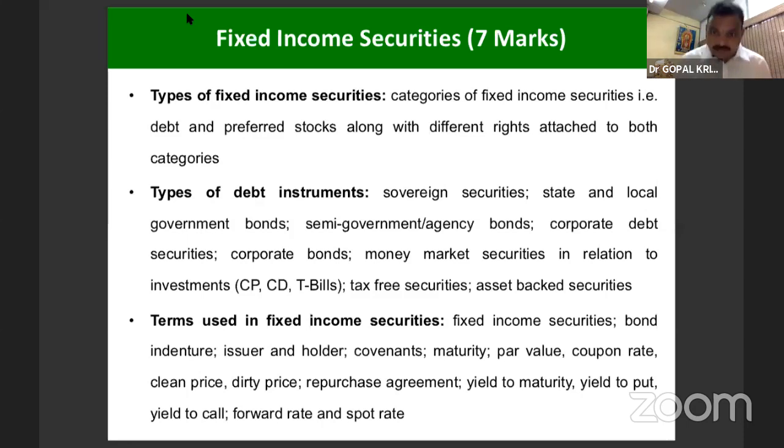Good afternoon, friends. Now the next 1.5 to 2 hours is going to be very, very important because we are going to deal with bond valuation on fixed income securities. As mentioned to you yesterday, this topic